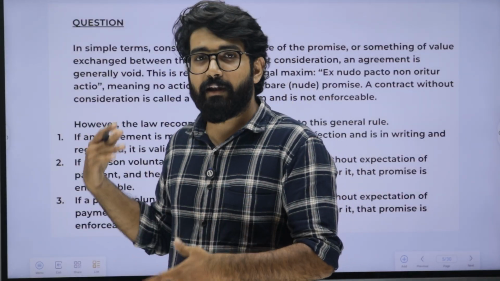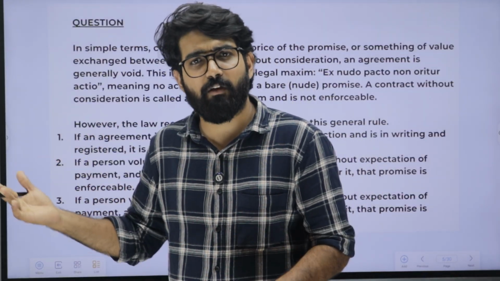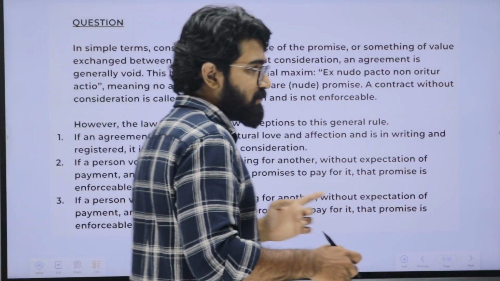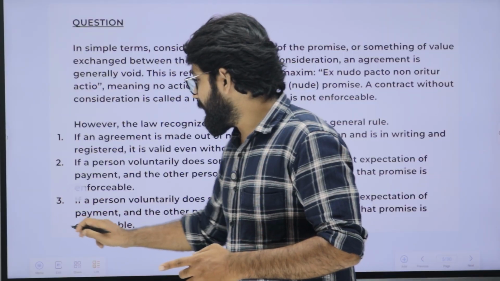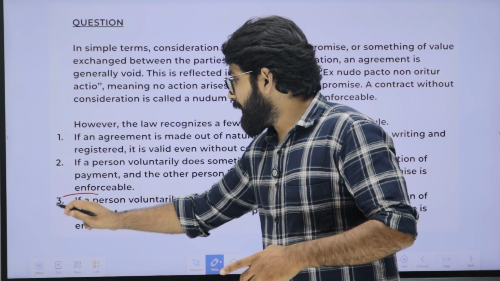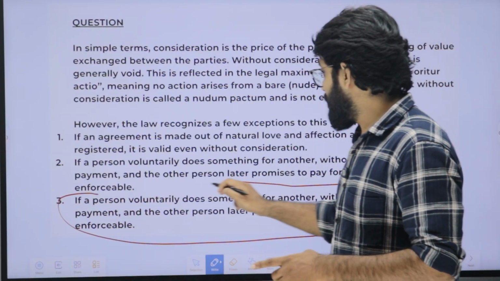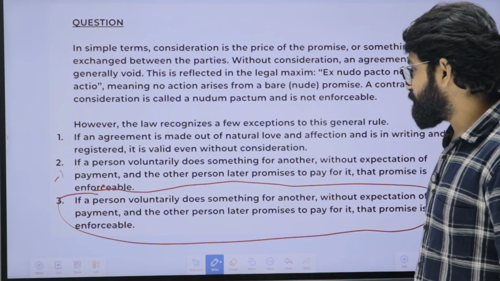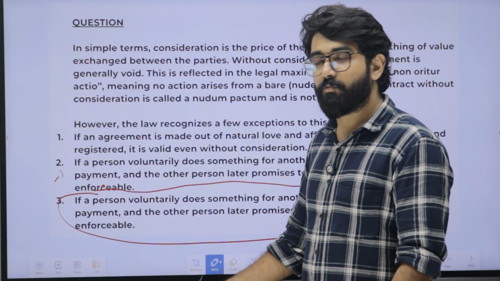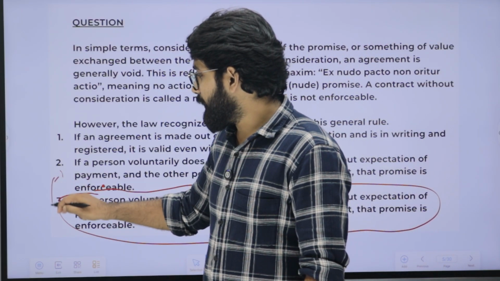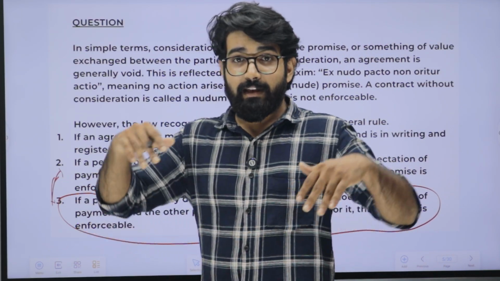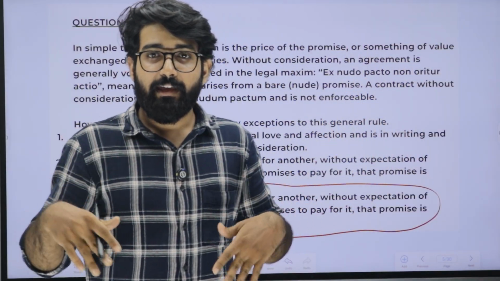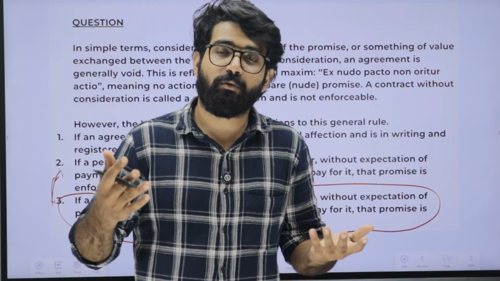I will not be explaining this passage in detail because it reflects what we have learned from our previous slide. But there is a small problem with it. The issue is the third point. The third point is the same as the second point, right? It talks about voluntarily doing something, past voluntary service. Okay, 2 and 3 are the same. So let's forget what it says in the third point. Instead, I am telling you that the third point is